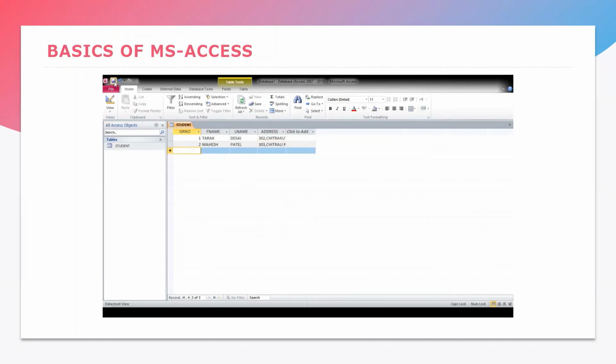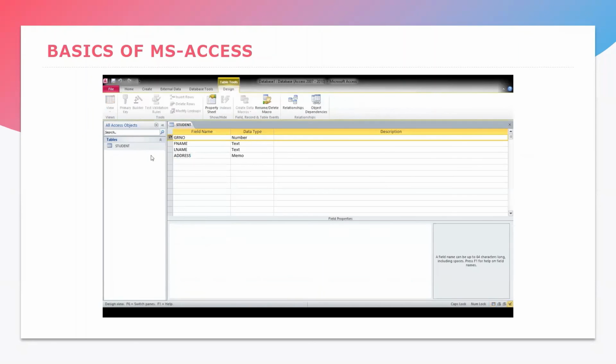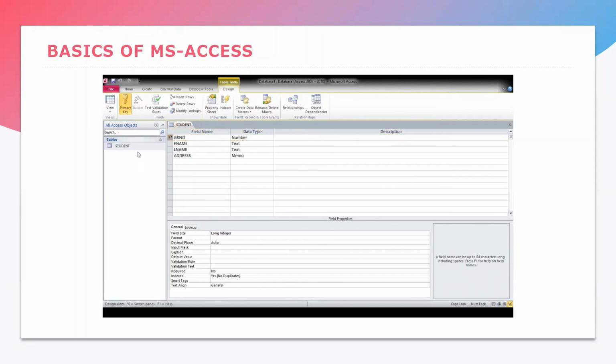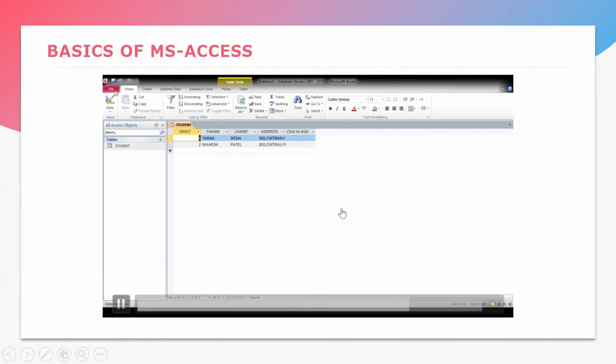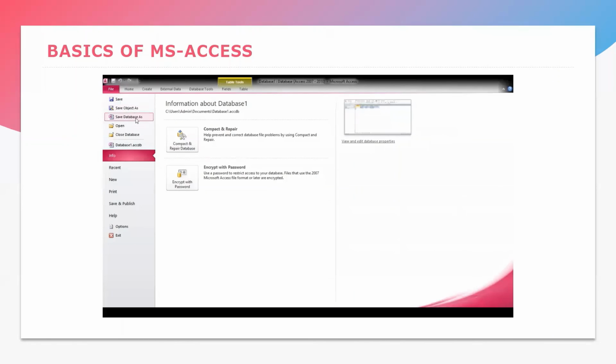Now save your database. When you save your database, your entire database with these fields and this much data is ready. Now you can exit anytime, and for exiting, just click on the file menu, and from file you can click on exit, and in this way you will exit from your MS Access database. But do not forget to save your work first. After saving everything, your database and its data, just click on exit and you are good to go.